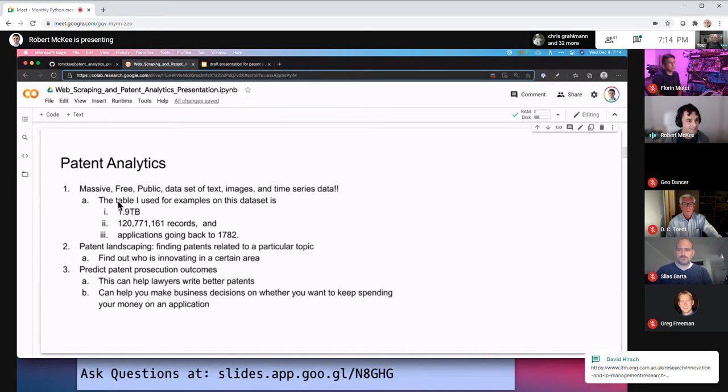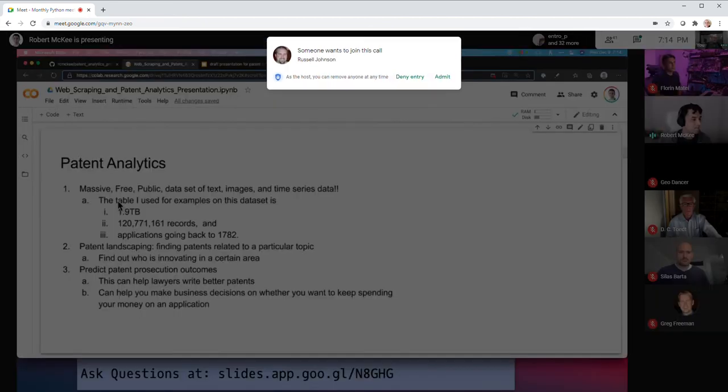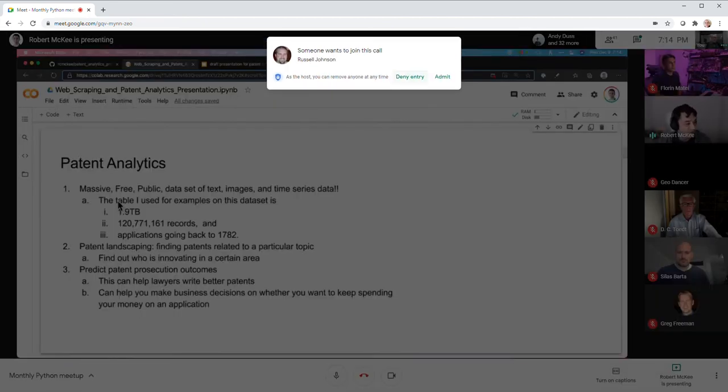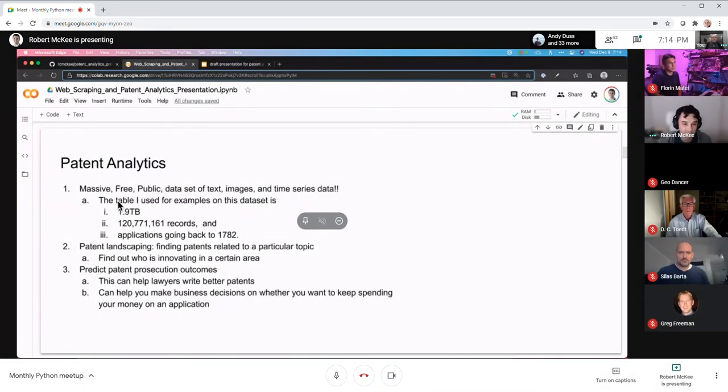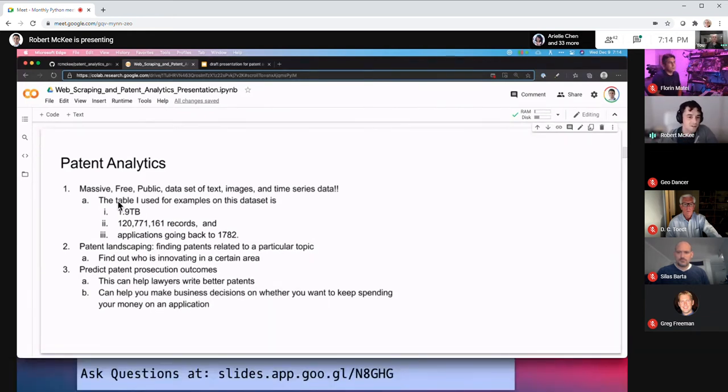The other thing is that if you have a problem, you can look through this massive data set and find solutions that are on expired patents. So they're free for you to use, they're just a little older. And I'll show you some resources of where you can go to find different methods of patent analytics.